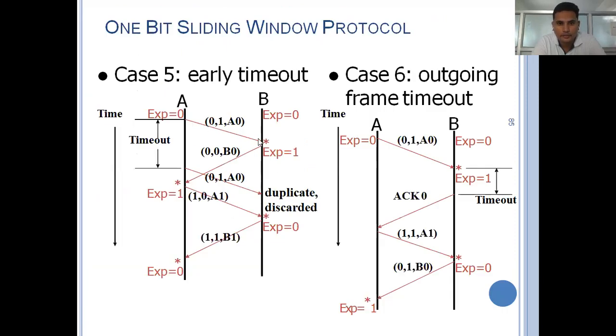So A sends frames, B receives, and B sends an acknowledgement. This is one of the cases in the one bit sliding window protocol. The time is out, so automatically A sends a duplicate frame. So this is the duplicate discarded frame. If B sends an acknowledgement for this duplicate discarded frame also, that keeps the channel busy and wastes time. For that purpose, B doesn't send an acknowledgement for duplicate and discarded frames.